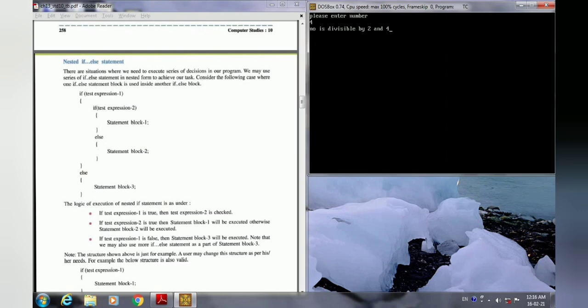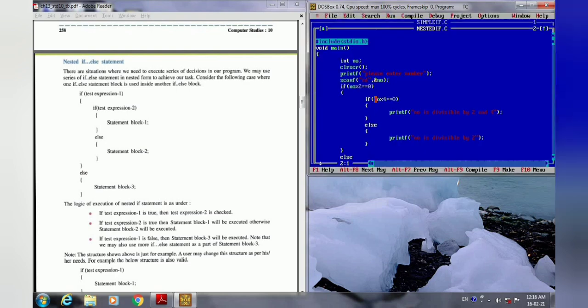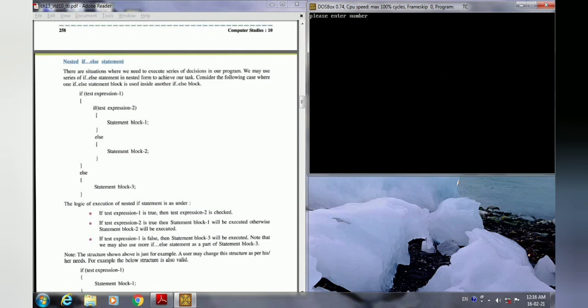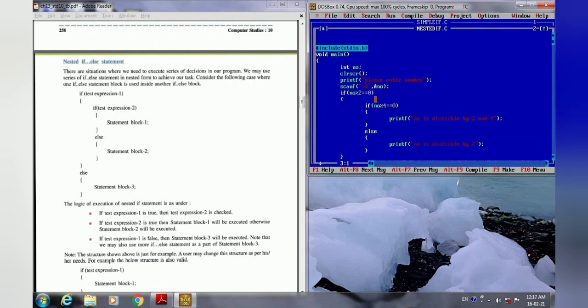So here you can see that the number is divisible by 2 and 4 both. Now I am giving you the next input, that is 21. So here the message is coming, that the number is not divisible by 2 and 4. So like this, the nested if statement will work. So I hope you understood this statement.